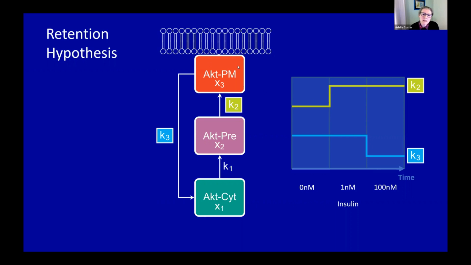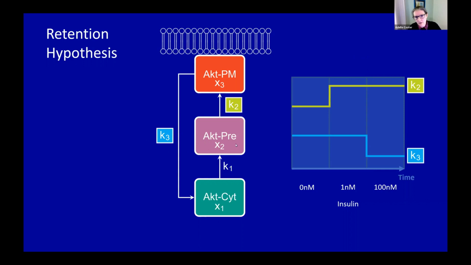What we want is a slower rise in the amount of the plasma membrane compartment of AKT when we put in 100 nanomolar. And so we can't have it disappearing as rapidly as we saw when we just stepped up K2 again. So let's just step it up because we know that that works for the 1 nanomolar, but switch now our attention to K3. And this is the return pathway.